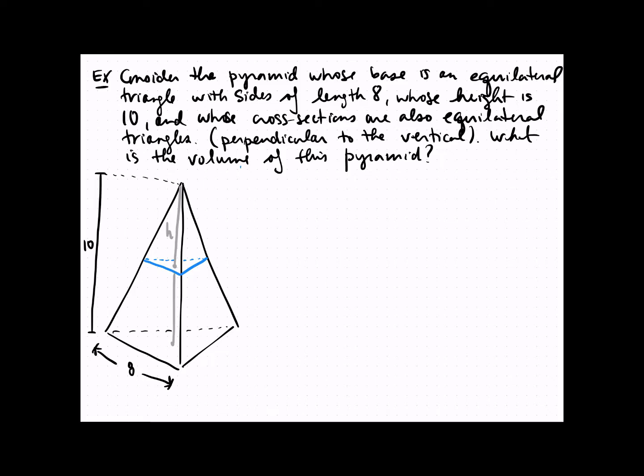So the way I'm going to do this, I'm going to first find an expression for the area of a cross section. Here I'm drawing a picture of a cross section, and I'm putting it on a coordinate axis. This is called coordinatization, and it lets us do analytical geometry. So if our cross sections have side length r,